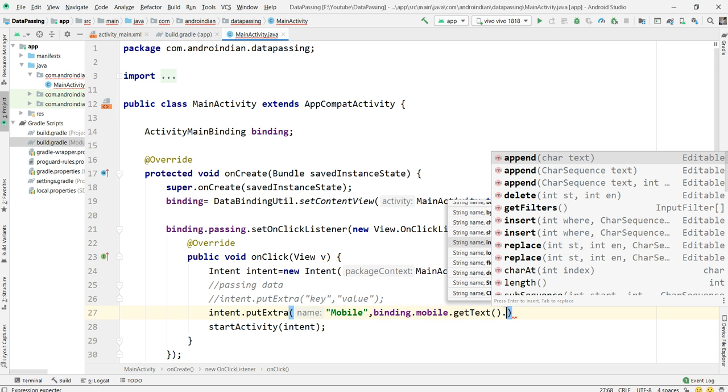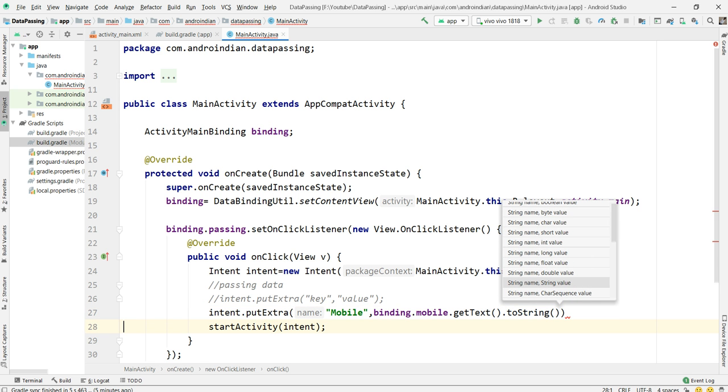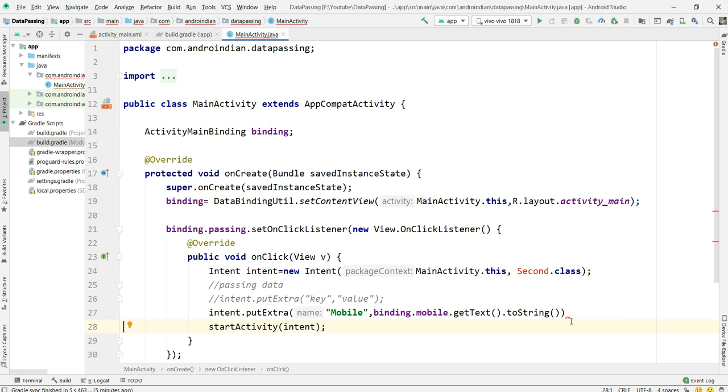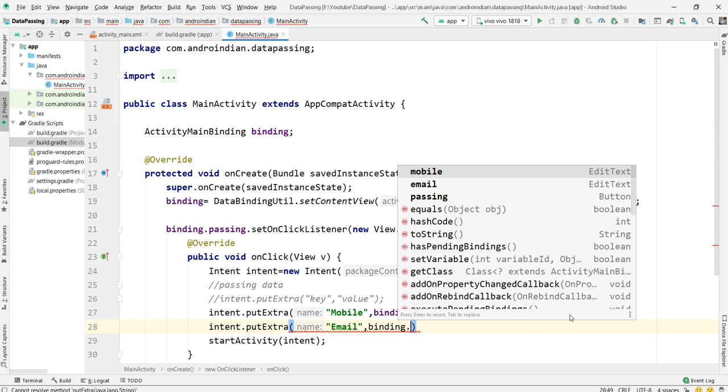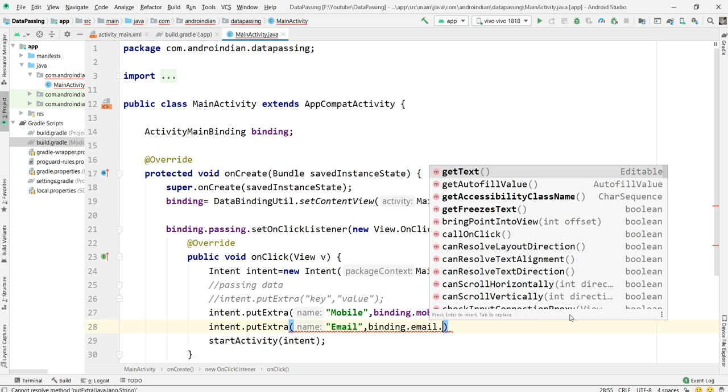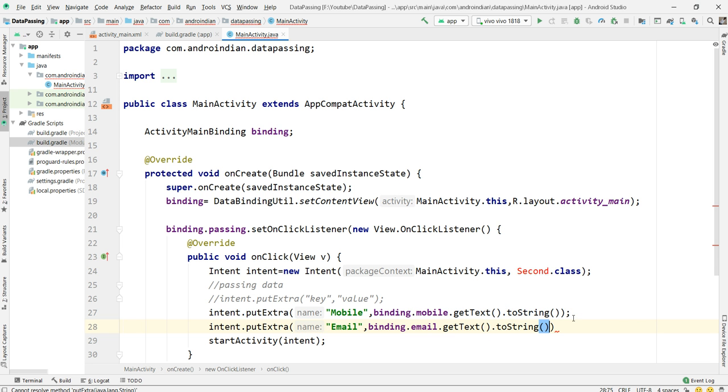I'm getting from the mobile like this. Then next, same way, intent dot putExtra. In place of mobile, this is the key for email, so email, then binding dot email dot getText dot toString. Like this I'm passing this data.